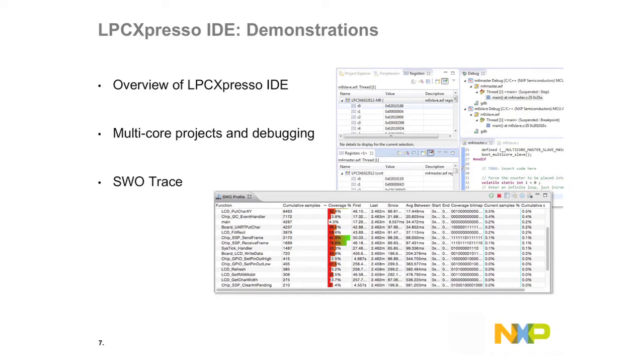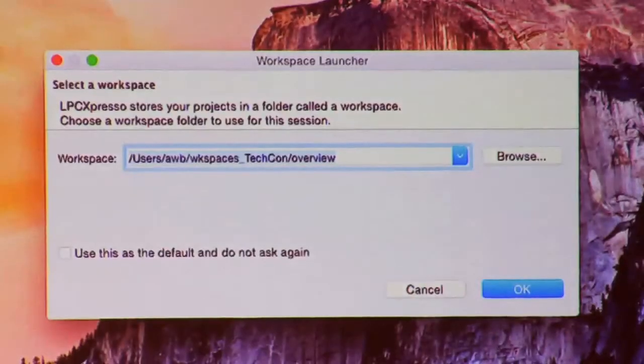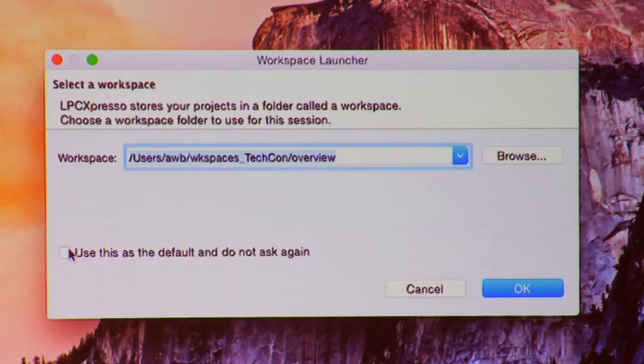When you first start the IDE up, you will normally have a workspace selector dialog pop up. A workspace is just a collection of directories that contain the projects that you're currently working on. You can have one workspace and put all of your project work in there, or you can use a number of workspaces and switch between them. We can select a default project workspace as we come through this dialog. And it's very simple, as we'll see in a few minutes' time, to switch from one workspace to another while we're running. So if we start the workspace up,